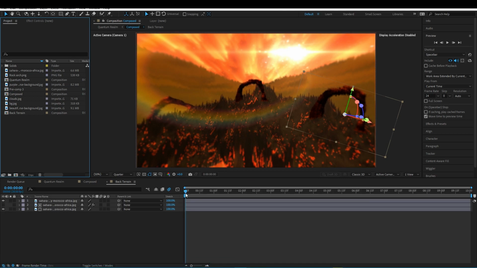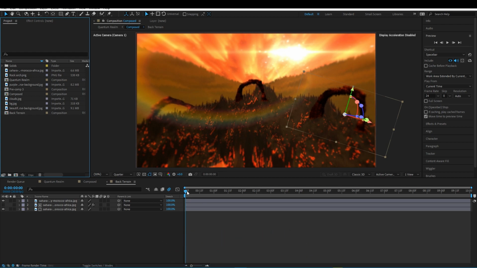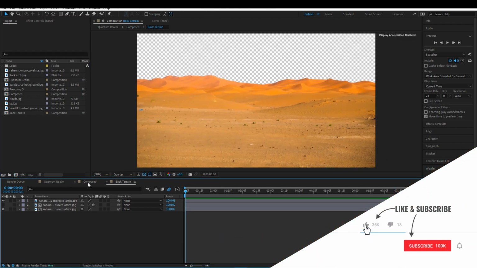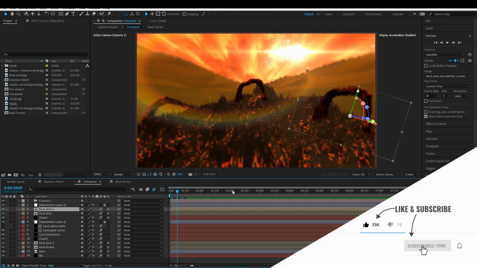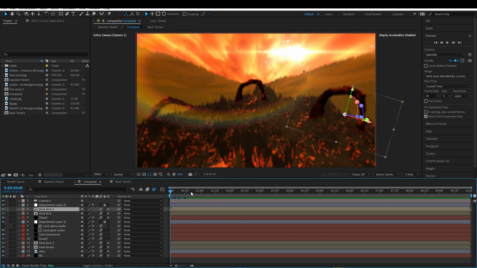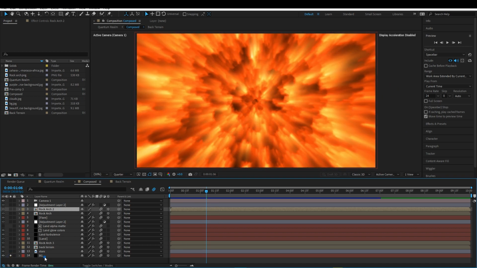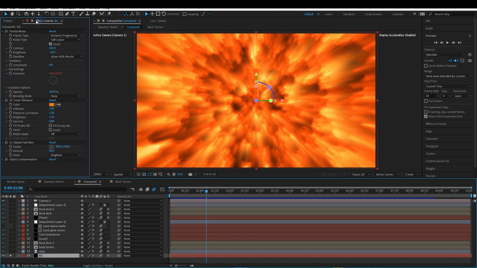First of all, you'll need to download this project file from the link given in the description below. After downloading this, you will see all of these files. You can just go and render out according to your customization. Just customize all of these layers. So I'll start from the scratch on how I created all of this. First of all, I created the background layer, and how I did that was,